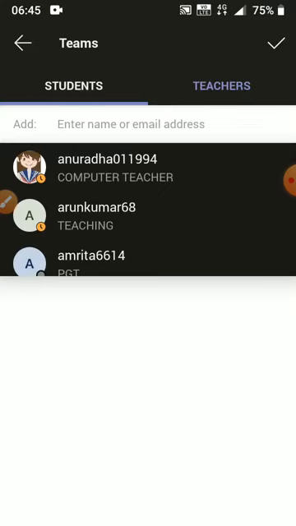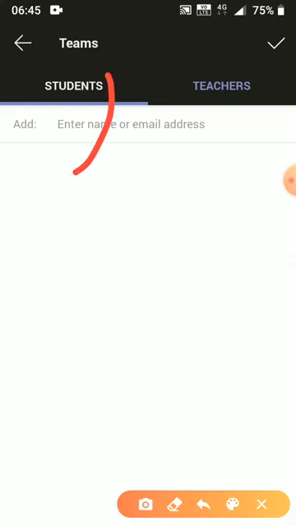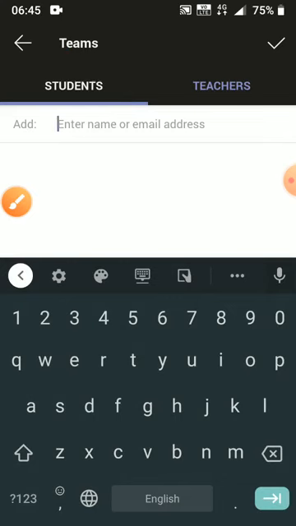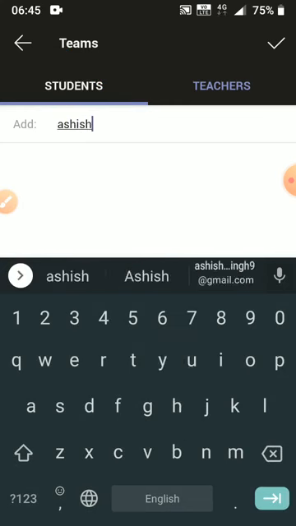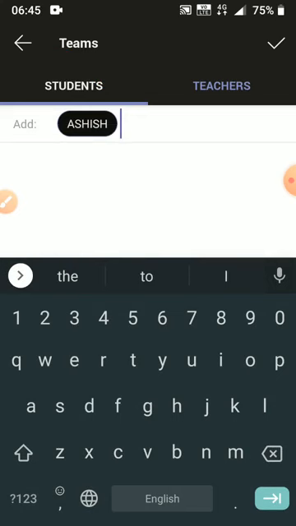When you want to add any student, you can tap on the student tab here and enter the name. Suppose we enter the name of a student, Ashish. Let's check. No student is here.